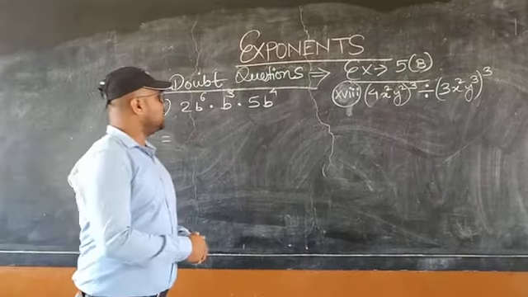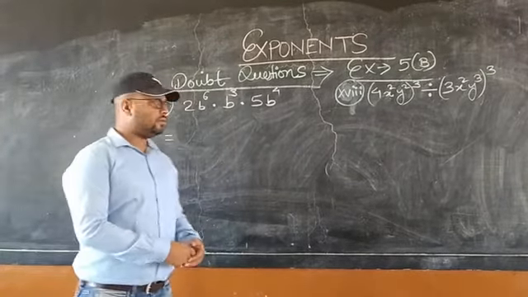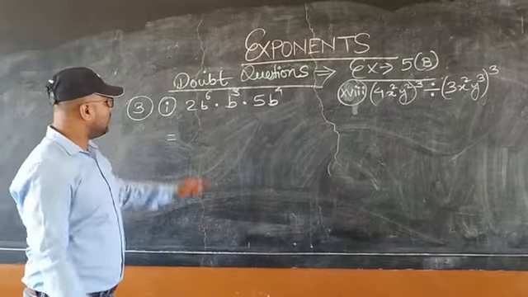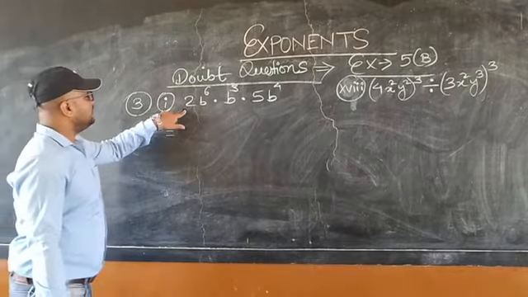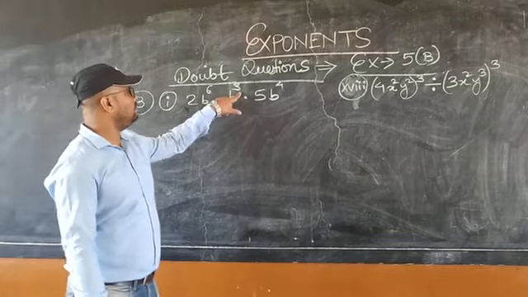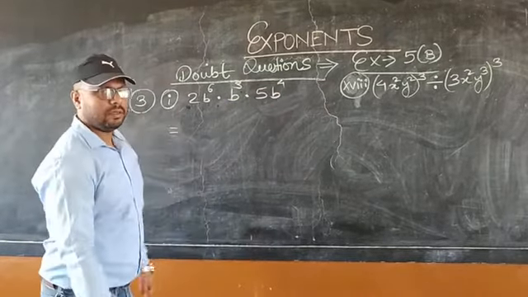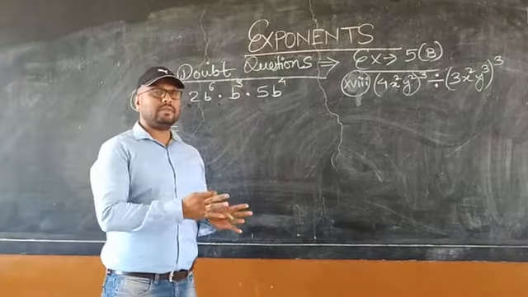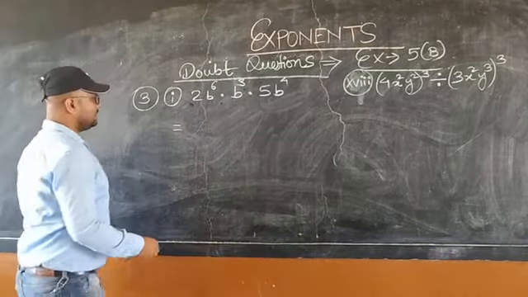Now, students, we will discuss some doubt questions which you have asked. The exercise 5B from the Selina Foundation book, where you may have found difficult questions. I will start from the easiest one. The first question, number 3, is 2b to the power 6 into b cube into 5b to the power 4. The rule to sort out these problems is that we need to separate the constants and separately deal with the variables. Let's see how it is.